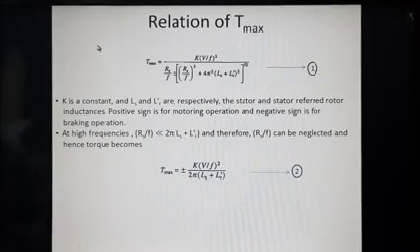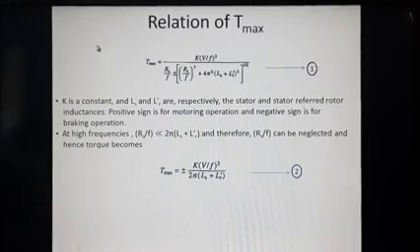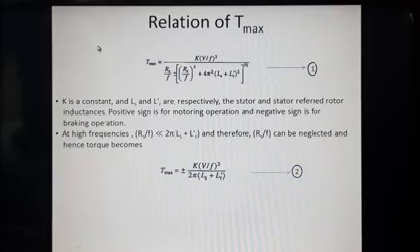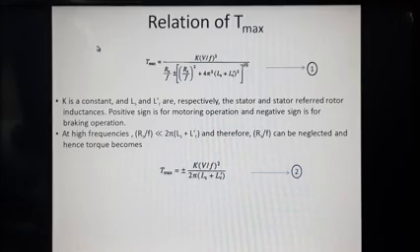But there is a case of disagreement here. Suppose the value of frequency is very small, then it is not so easy to neglect the term Rs by F. So if the value of frequency is very small, meaning very small than the base frequency, if you are trying to control the speed to a very small value, definitely you have to reduce the value of frequency also to a very small value. So when the value of frequency is very small, if you see equation number 1, you just cannot neglect the Rs by F term in the denominator.